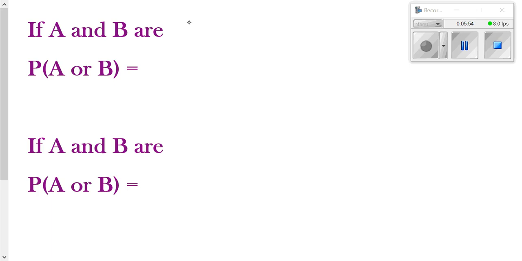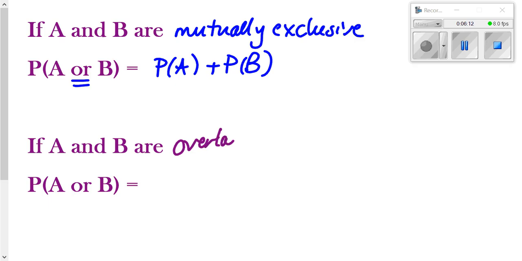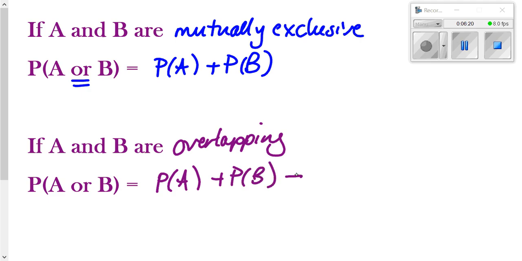So if A and B are mutually exclusive, like in the last unit, just stuck with that case, then you're just going to take the probability of A and add it to the probability of B when you want to do an OR problem. However, if they are overlapping events, you'll still start out the same. It's nice to be able to start the same, but you want to adjust for that amount that you're off by. And the amount that you were off by was the amount that was in the overlap, because the overlap is going to be counted within both of these. So just subtract off